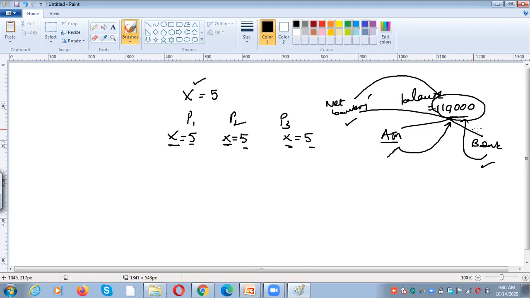If you deposit something, for example 2,000 rupees, automatically the account amount will become 12,000. Immediately it will be reflected to the ATM, and it will be reflected to the net banking. Here also it needs to show the balance amount 12,000. Here also 12,000. Here also the balance amount is 12,000. Whenever you perform some operations on shared data, the data must be the same for all the processes. That is what I want to emphasize.